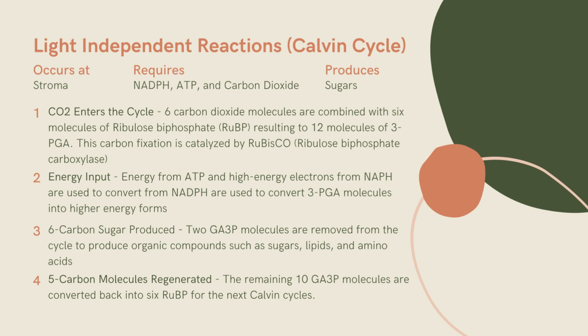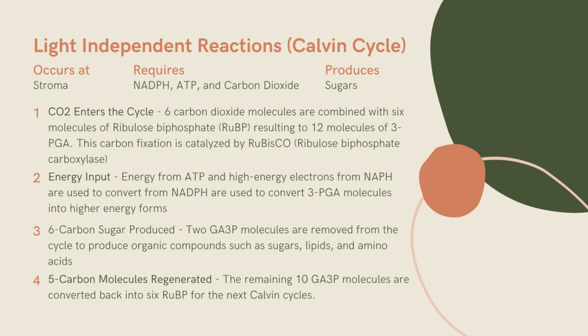Now, what about the 10? As we have produced 12 molecules of GA3P, what happens to the 10? So the 10 remaining GA3P molecules are converted back into RuBP for the next Calvin cycles. So this regeneration of the 5 carbon molecules is very essential